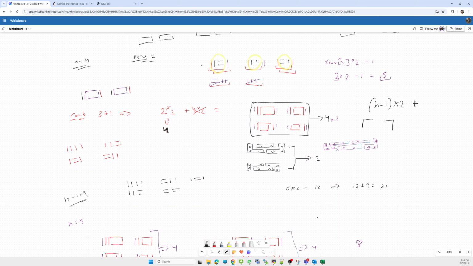So we have to check the number of combinations we can form using that. Initially we took the base case as 1, so we can form one tile. So we will add the combinations formed for n minus 3. Initially we took n minus 3 as 1, as a base case.